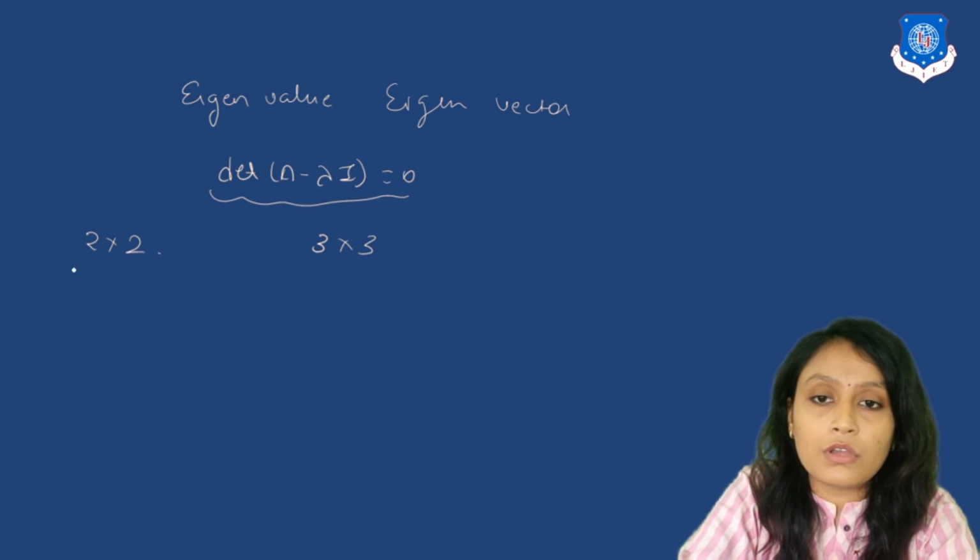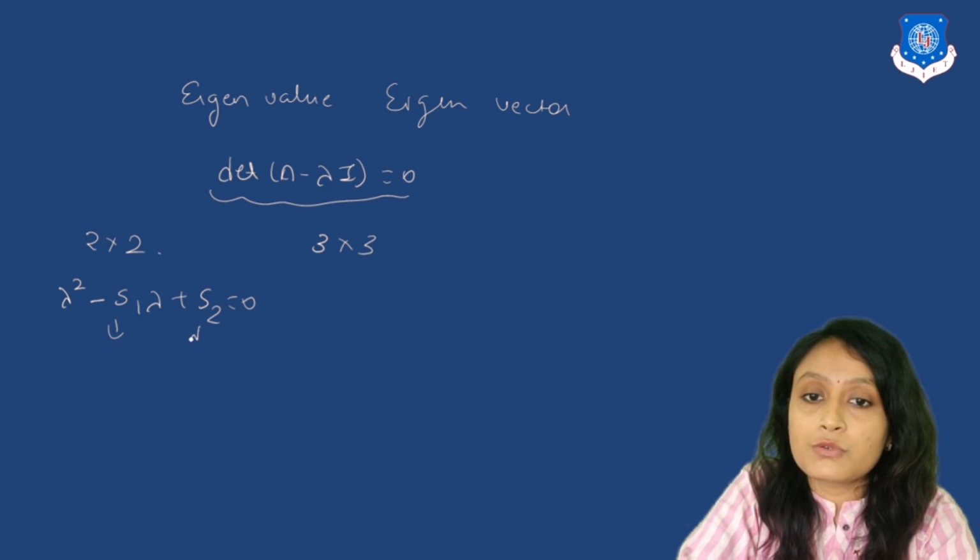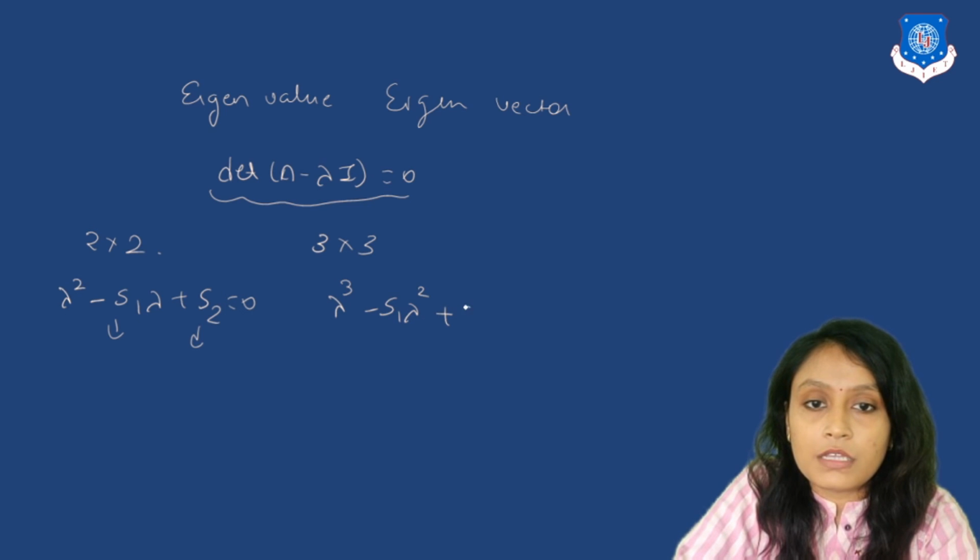For a 2 cross 2 matrix, the characteristic equation is lambda square minus s1 lambda plus s2 is equal to 0, where s1 is the sum of principal diagonal elements and s2 is the determinant, right? And for a 3 cross 3 matrix, the characteristic equation is lambda cube minus s1 lambda square plus s2 lambda minus s3 is equal to 0,